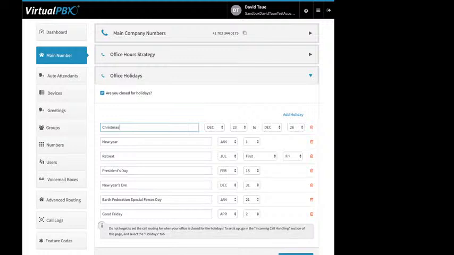So you want to avoid having a date range that includes New Year's Eve and New Year's Day, right? And you see here that we have separate ones here for New Year's Day and New Year's Eve to avoid that particular scenario. And then for advanced, that's like this option here for retreat,